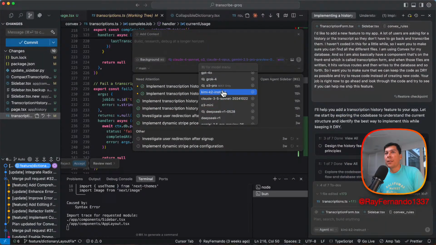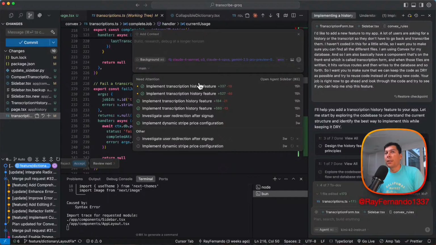So these are the models you can select here, and you'll see them going across. As soon as you type in whatever you want, it's going to kick off all of them at the same time. I also want you to be aware that this is a possible money burn, if you know what I mean. It's a money burn because each single one is going to run in its own little environment. And so I kicked off an Opus one.